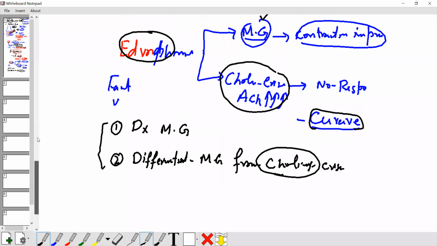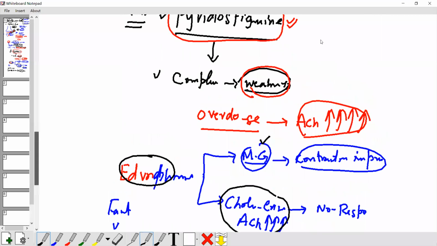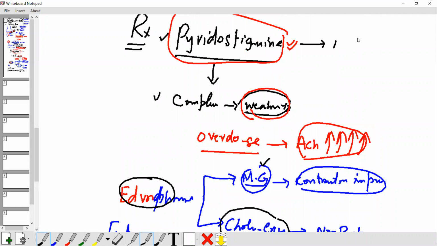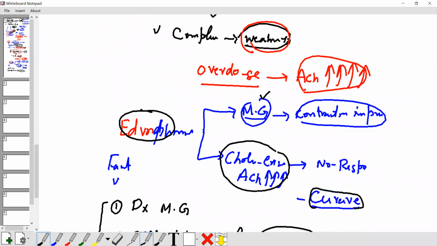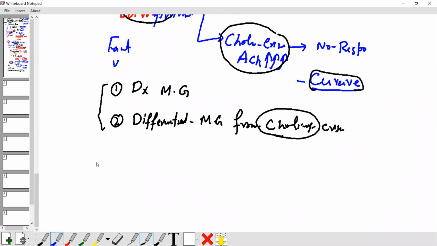Understand about pyridostigmine? It's a long-acting drug we use for myasthenia gravis. Before using this, you must give Hydrophonium. This test is the Tensilan test. The Tensilan test is nowadays not much useful to diagnose. It was the first test used for diagnosis of myasthenia gravis. In the Tensilan test, we just give Hydrophonium and see whether contraction improves. If it does not improve, it may be Guillain-Barré syndrome or Eaton-Lambert syndrome. The Tensilan test is now rarely used.